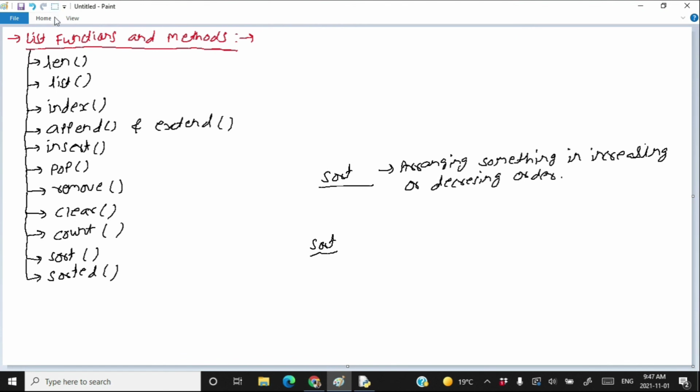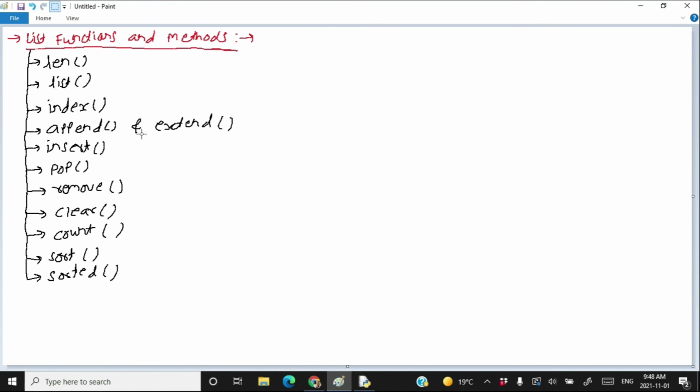Next we are going to learn three methods together: max, min and sum methods. Max, min and sum methods, or max, min and sum functions, take a list sequence and returns maximum of that list, minimum of that list, or summation of the elements in the list. Let's try these three methods practically.